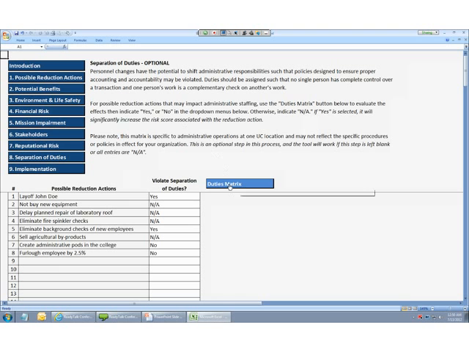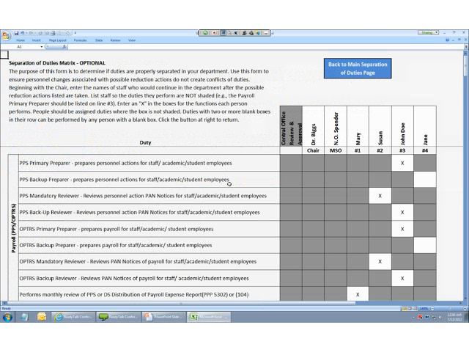Click right here and go right to it. The purpose of this matrix is to ensure that the same person who prepares documents is not also the person that reviews them. This matrix identifies the primary preparer and secondary preparer and a reviewer. If you're eliminating the primary preparer, for instance, John Doe in column number 3,